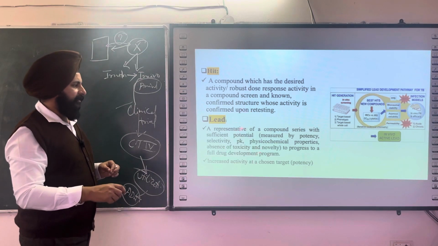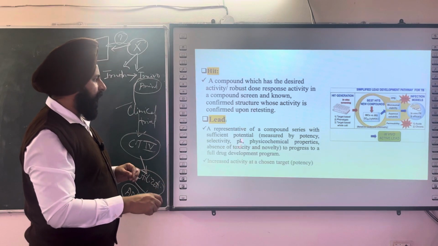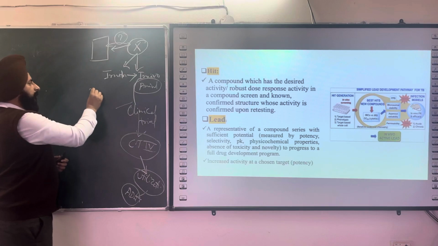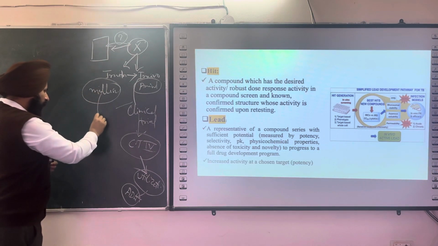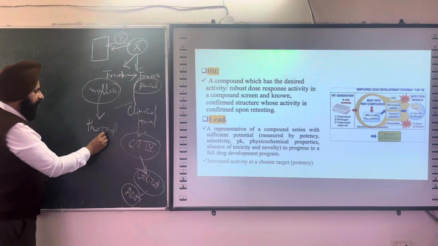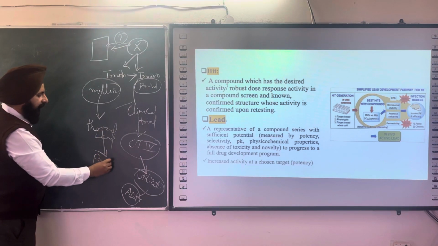The major thing is that in a hit there are millions of molecules, so a hit will not be a single molecule, and out of millions we get thousands. It can be a lead, and out of 1000 there can be a few which will be an active lead